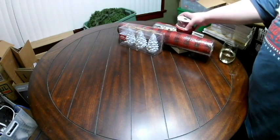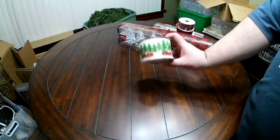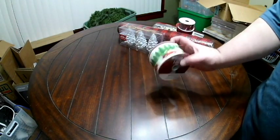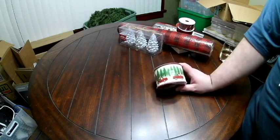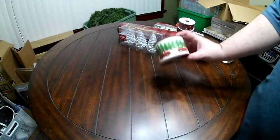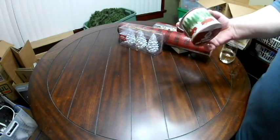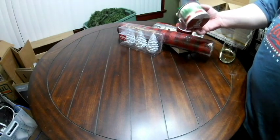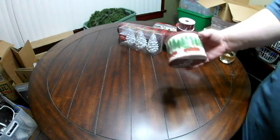Other ribbons I got. What year would it be without the red truck? I mean, everybody in the red truck. Red trucks everywhere. And so I picked this up because I was like, okay, I can do something with this. Maybe a bow for a wreath or some craft projects. But I just couldn't pass it up given the red truck and its...